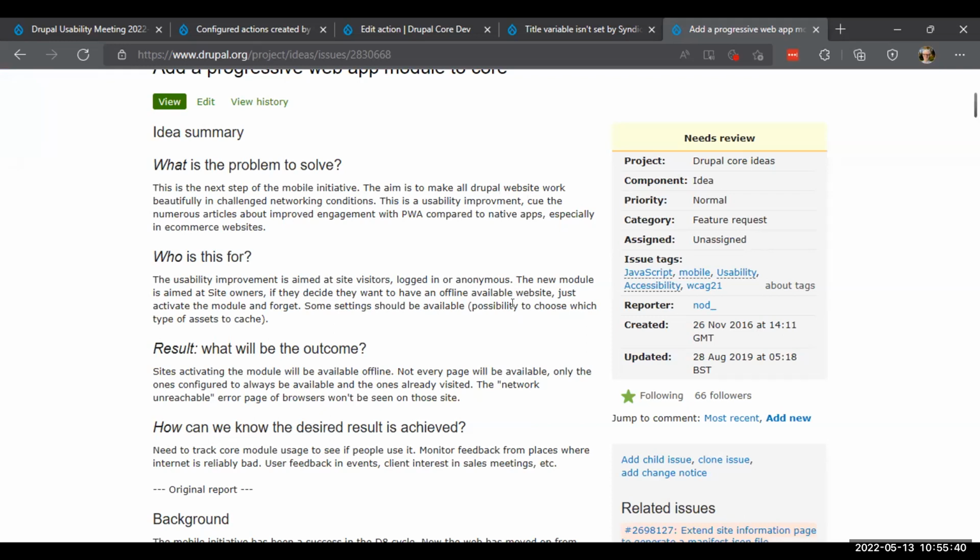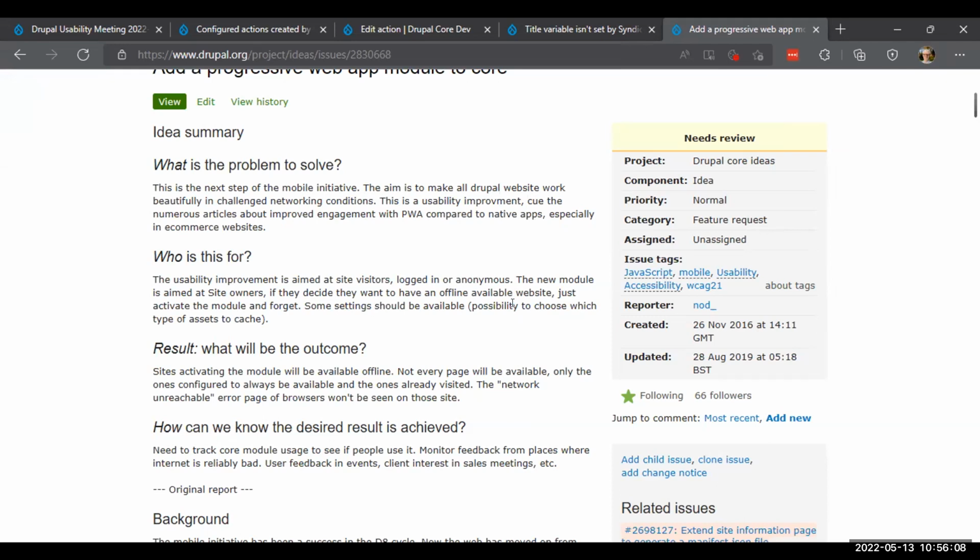So I think what we might want to look at is if it's a usability improvement to have that module included in core. And I think as it exists as a contrib, I don't see the need to have it in core